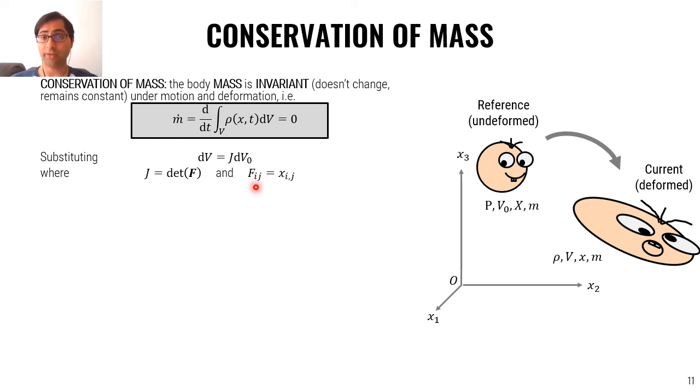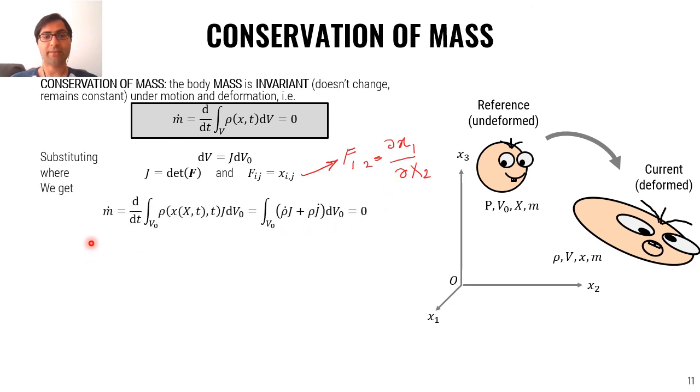And we already know that F_ij is x_i comma J. For example, F12 is partial x1 over partial X2. x1 is the current frame and capital X2 is the reference frame. We basically get m dot equal to d over dt of the integral of rho J dV0,